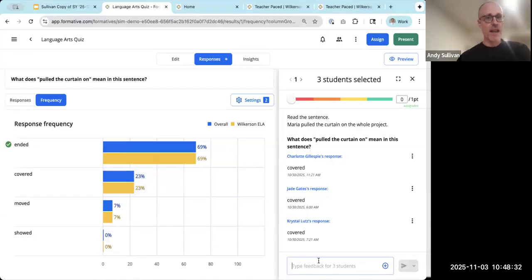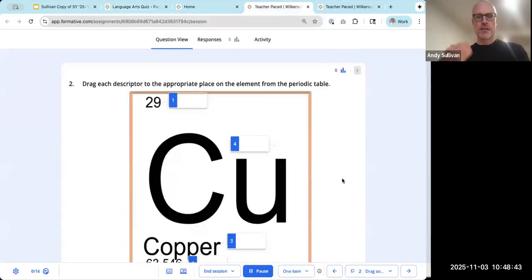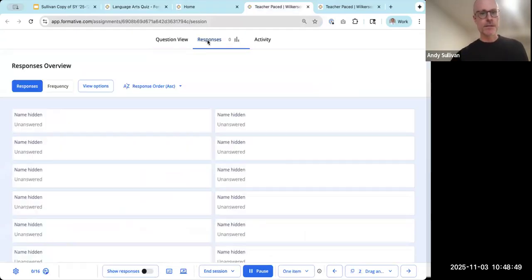And it's these data that I might use to help know which students I need to work with more closely at the conclusion of my lesson. So I'm going to jump tabs now back over to the presentation that I am sharing with students. I'm presenting these materials, and I'm keeping my eye on the responses tab to see